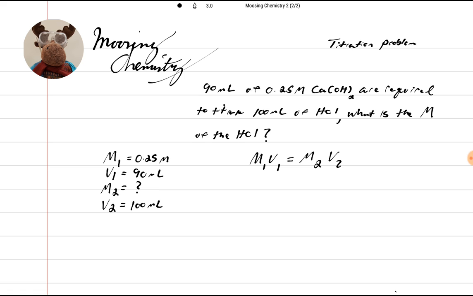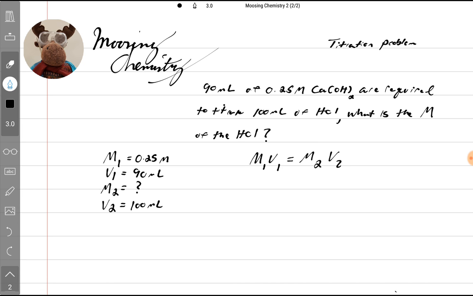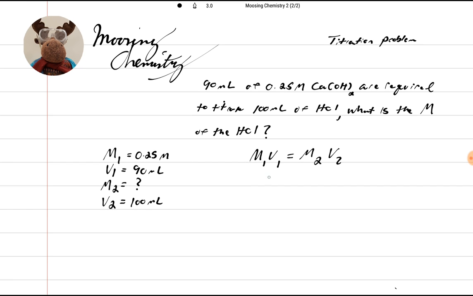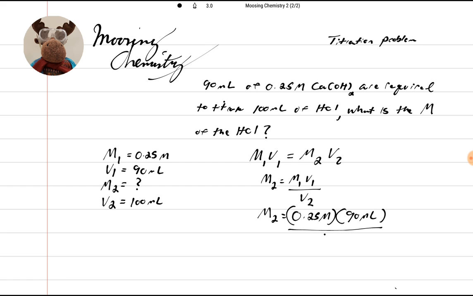Okay, so now what we're going to do is we're going to look for M2. Alright, so now we're going to go M2 equals M1 V1 over V2. So M2 equals 0.25 M times our volume, which is 90 milliliters, divided by our second volume, which is 100 milliliters. Well, milliliters are going to cancel out. So our M2 value is going to be,